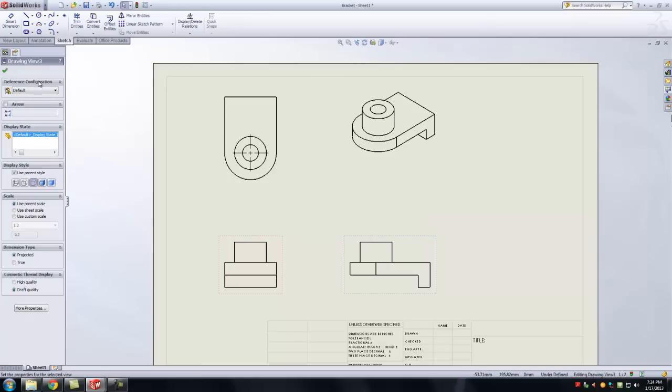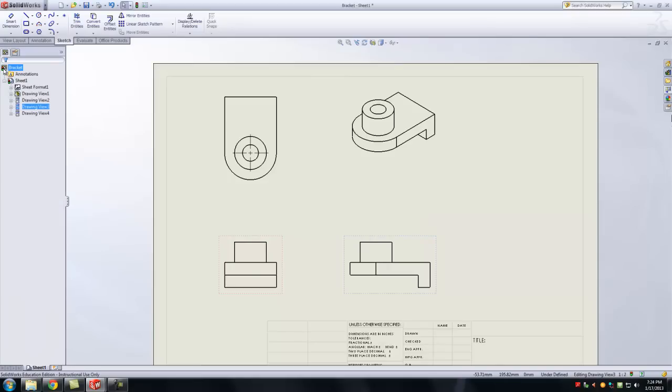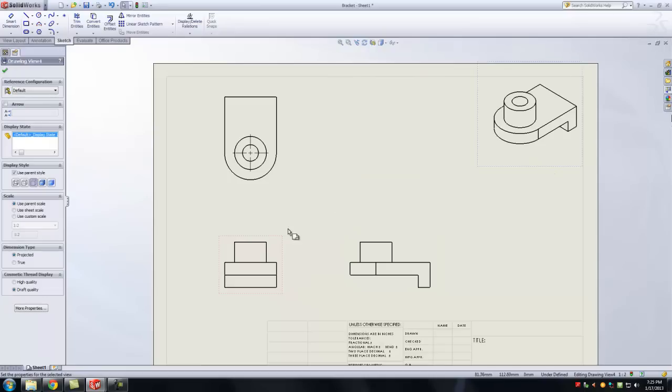Now some of you might be wondering, well, hey, in the lecture when we did the hand drawing, the spacing between the front and the top and the front and the right was important. Okay? It's actually not that big of a deal. So notice that I can actually grab my isometric and I can put it on the corner and break that 45 degree because sometimes I need this space to put more detailed views that we're going to talk about in lecture 4. Make sense? Any questions on this? All right, so this is